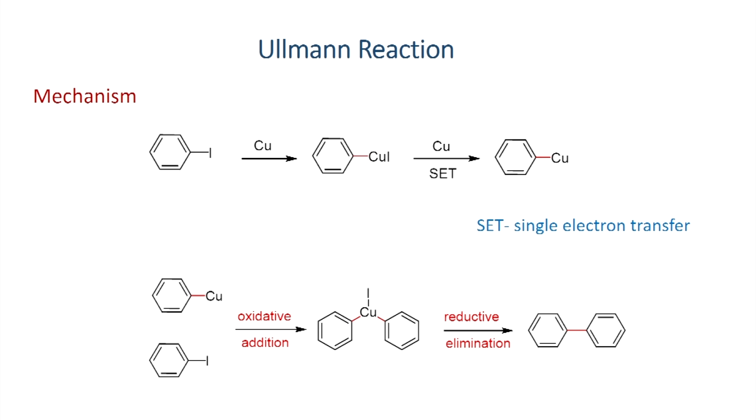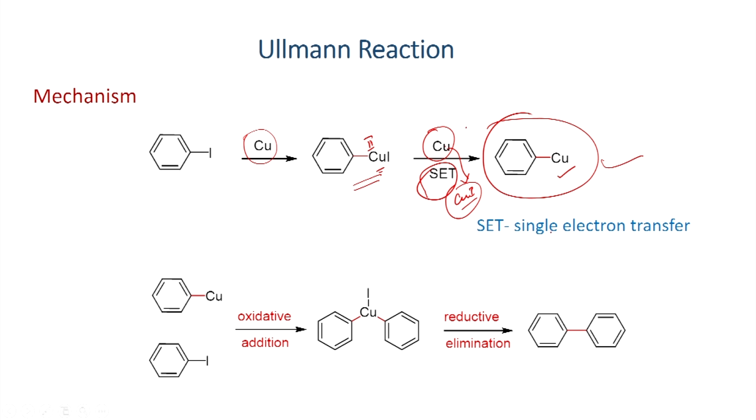Now the mechanism of this transformation is shown here. First, the copper undergoes oxidative addition, and you can get this compound. Then another copper can react and reduce the copper 2 to copper 1 by single electron transfer. At the same time the copper 0 will be oxidized to copper 1, so basically it is converted into copper iodide. It gives one electron, reduces this copper 2 to copper 1, and this will be oxidized to copper 1 iodide, therefore you will get this as a product.